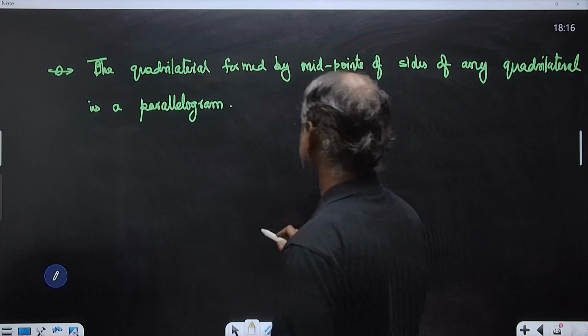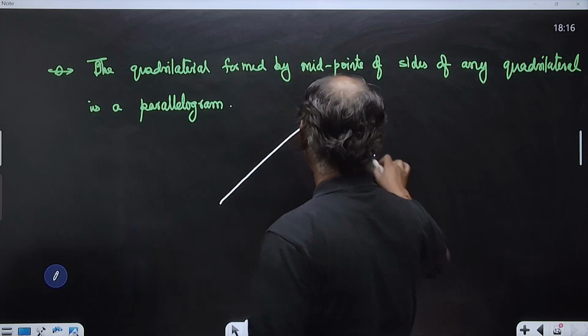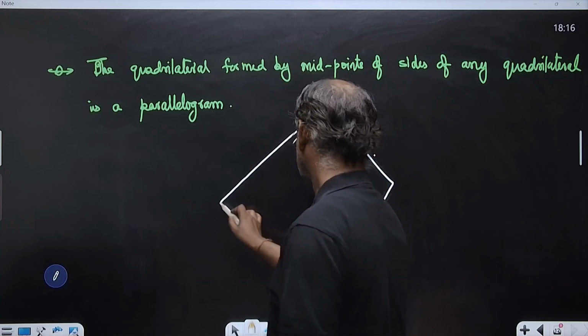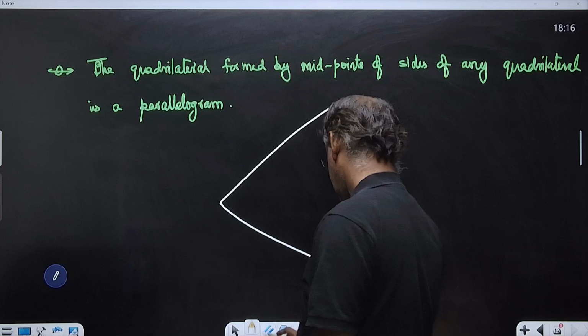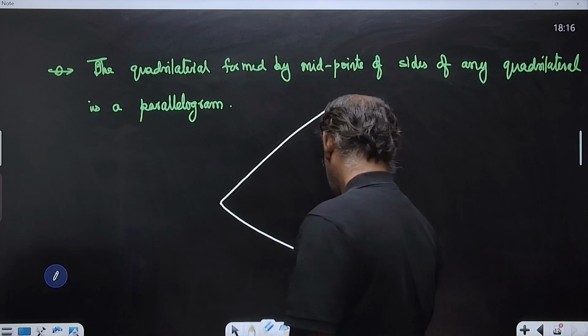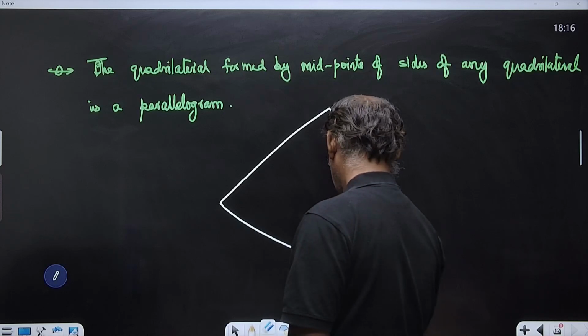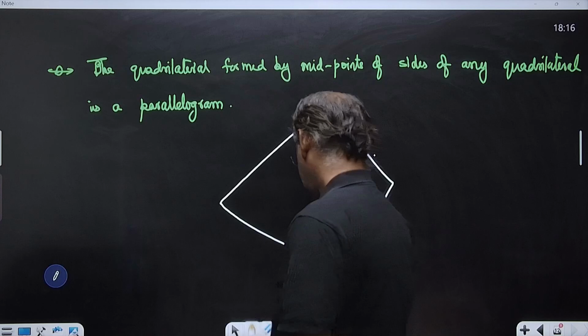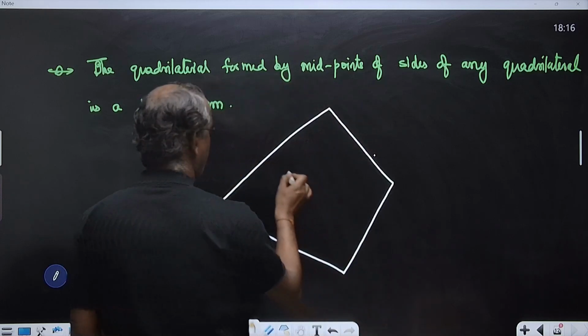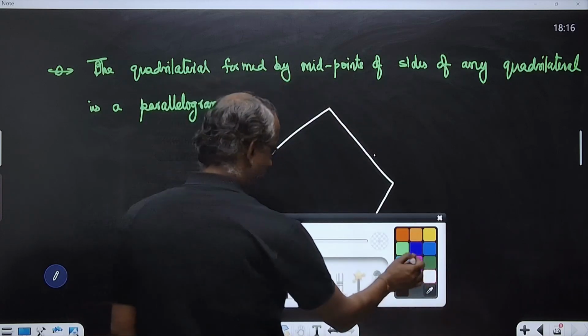So what we are saying is that if you take any quadrilateral, then the quadrilateral formed by midpoints